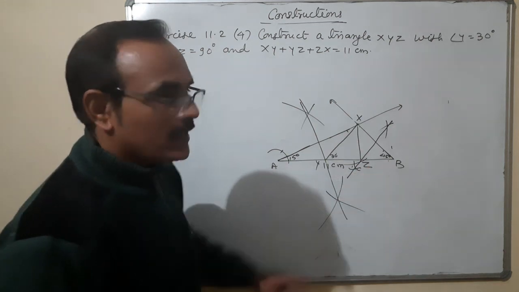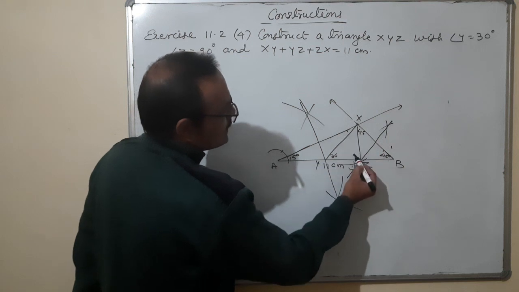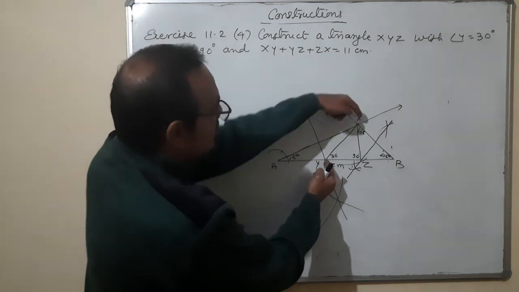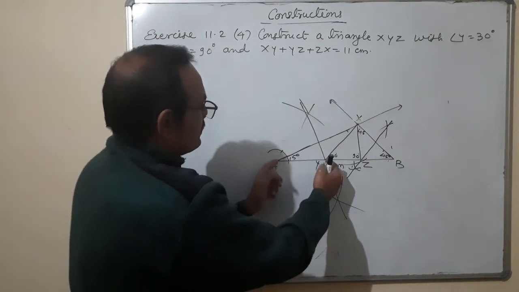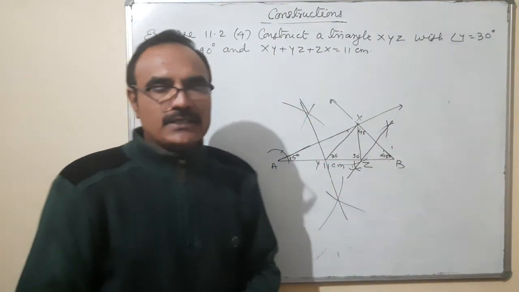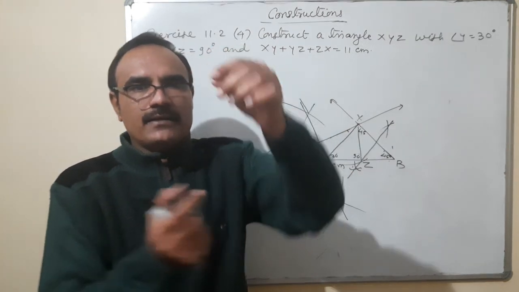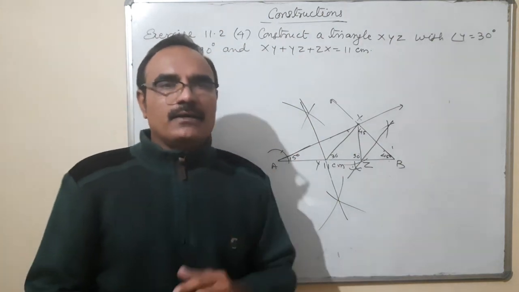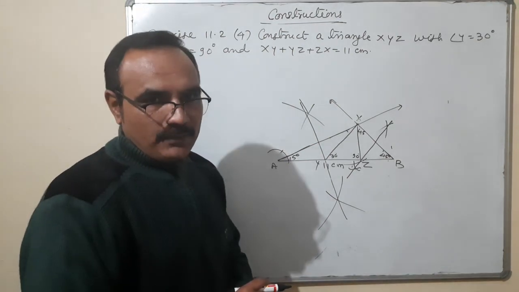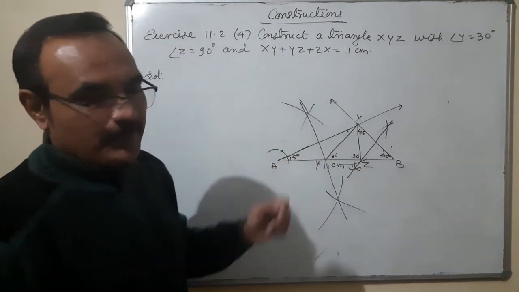That's why we have taken half of the 30, 15, so that this angle will actually become 30 degrees. Here is a 45, the same situation is here, both the triangles are congruent. It is 45, 45 plus 45, this angle becomes 90 degrees. And this line segment and that line segment are equal by CPCT. You can turn it from here to here, and you can imagine there's a length of wire of 11 centimeters. You are just twisting from one side and twisting from another side, so making a triangle XYZ. So that is the procedure by which you can make a triangle in which the perimeter is given and the two base angles are given.